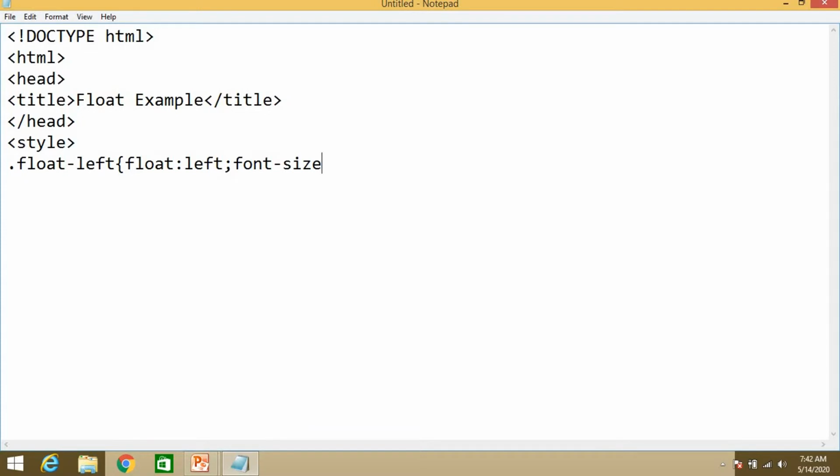Font size 20 px, pixel size, and then background color, which should be green. Any color you can mention. I'm mentioning gold color over here.